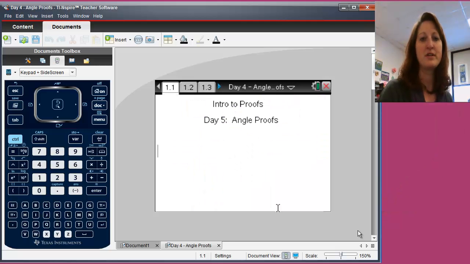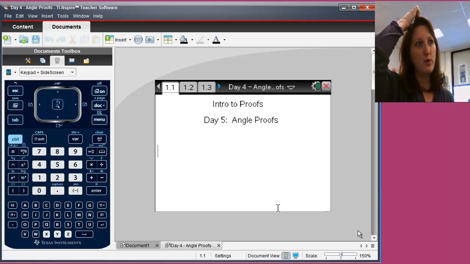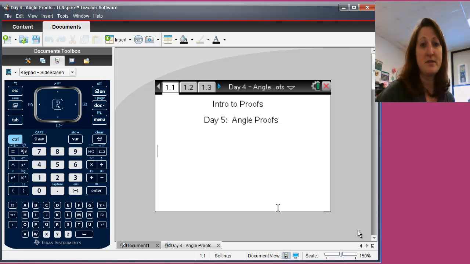For day 5, what we're going to do is take a look again at proofs, but this time focusing on angle proofs. Hopefully after today, what you should see is that a lot of the segment proofs and angle proofs that we do really have some of the same kind of features. They both will have some things that are the same as far as properties go. So if we turn the page,